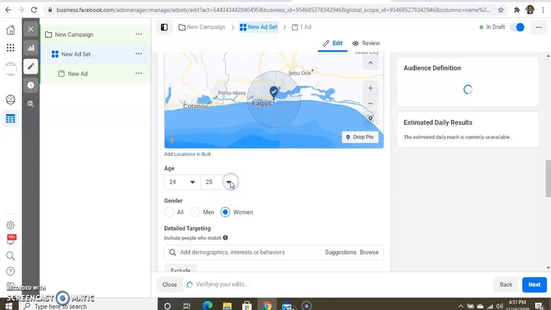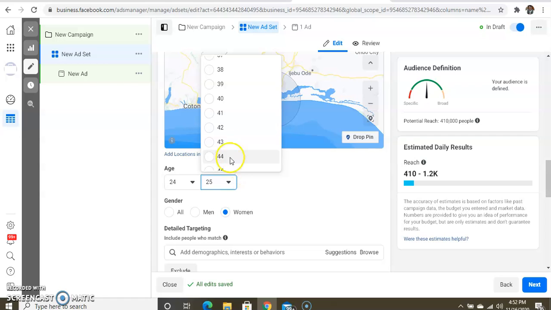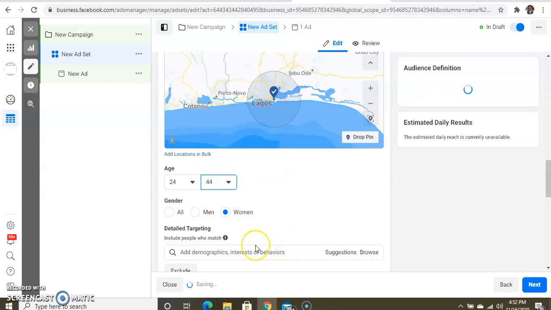Sorry, I was supposed to put this 44. Remember, I said it's just mind work, it's guesswork, it's research. You just have to think and figure out what is best for you. 16, which is